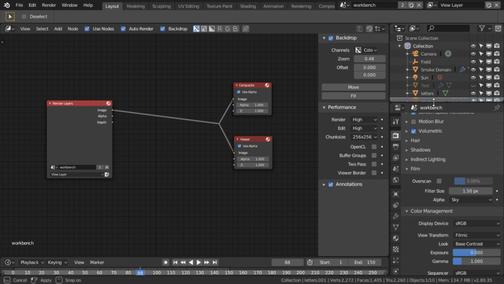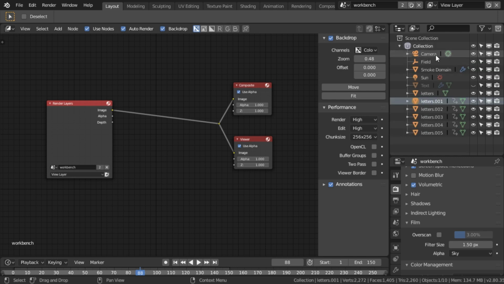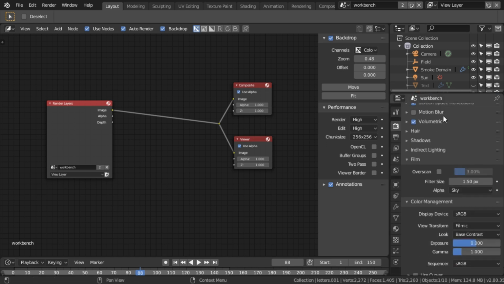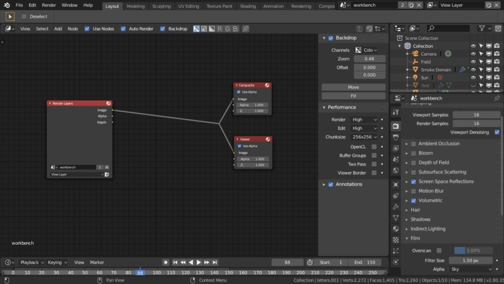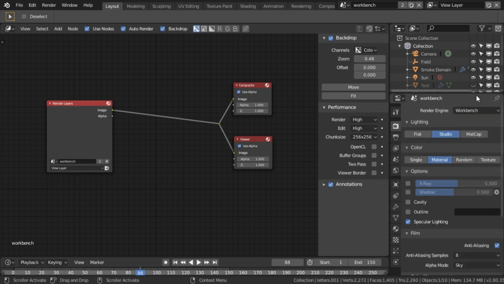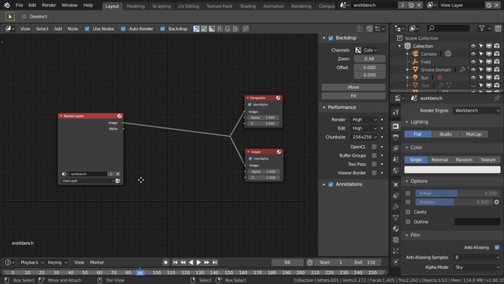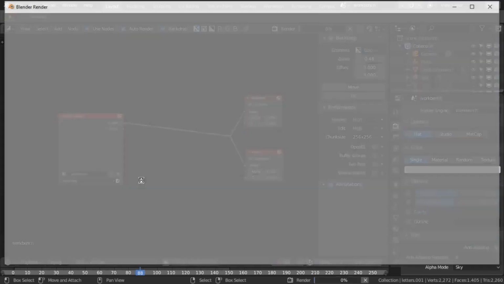The scene is going to be exactly the same. If anything is in this collection here, if we move the camera around, it's going to move it around on both scenes, and the same for everything, just the sun. The only thing that won't change from one to the other is the render settings and the beginning and end frames here. So on this one called Workbench, I'm going to set the render engine to Workbench, and we may as well set it to flat and set it to a single colour. Now, if I press F12 to render,